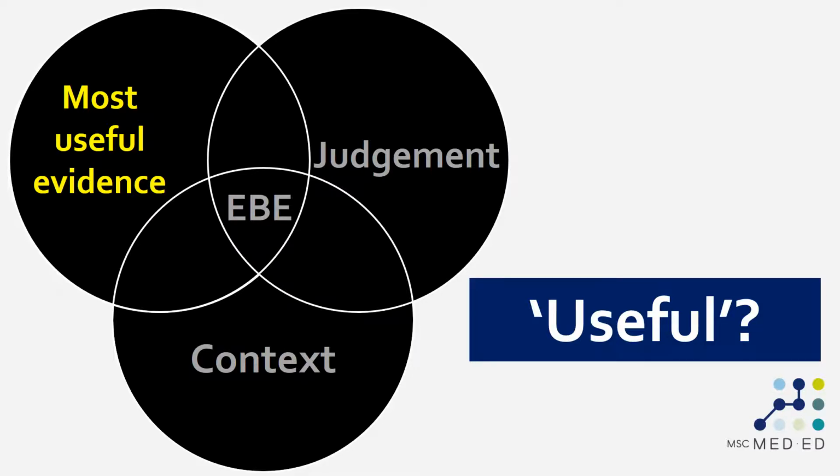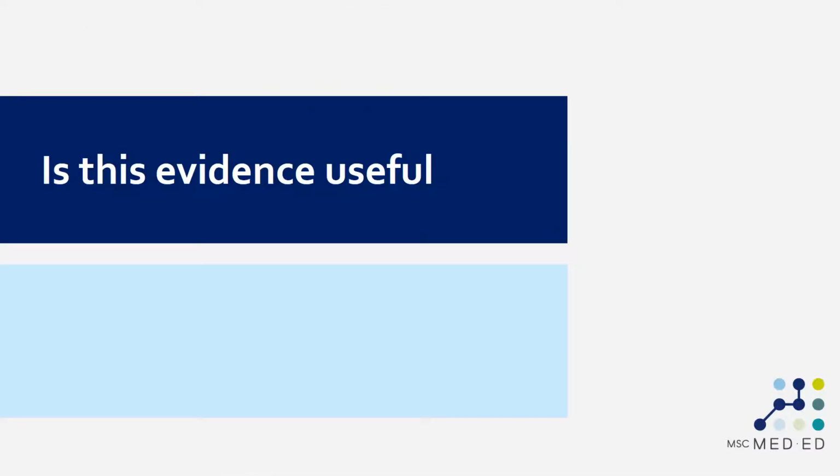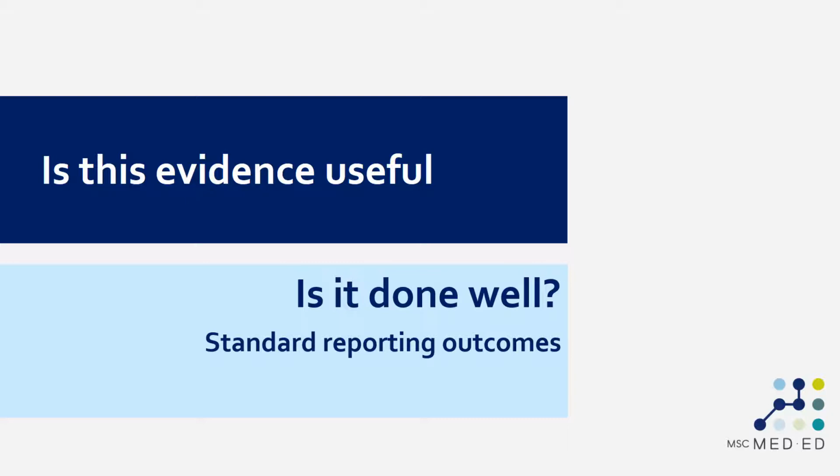Now, there are two different ways we can approach this. The first is to say whether or not a piece of research evidence is generally useful. Some markers we can use for this are to say, has it been done well? Some markers of research that has been done well is research that follows standard reporting outcomes, that are markers of taking a particular research methodology and doing it properly. There are also instruments we can use to appraise the quality of pieces of research, and we're going to look at some of those in other videos. They take basic markers of good and indifferent research and assess them overall and can apply a score or a basic rating to determine whether a piece of research has been done properly, whether it's been done well, and that of course will influence how useful it is.